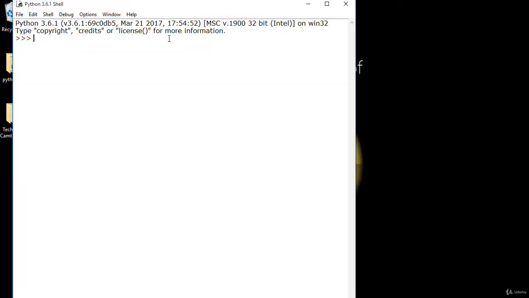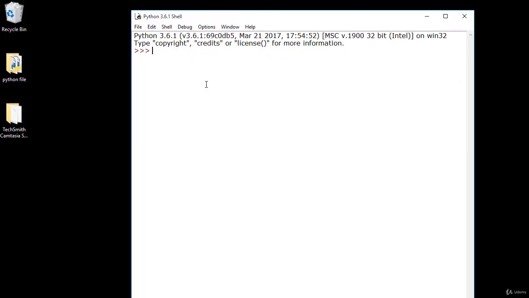Firstly open your IDLE and just type, all in lowercase, while. While comes with a condition, like if comes with a condition, and some syntax, that is a colon. The colon will provide you an indent, or curly braces if you are from a Java background, and that will provide you a scope in which the while condition will loop and give you an execution of the statements or code.